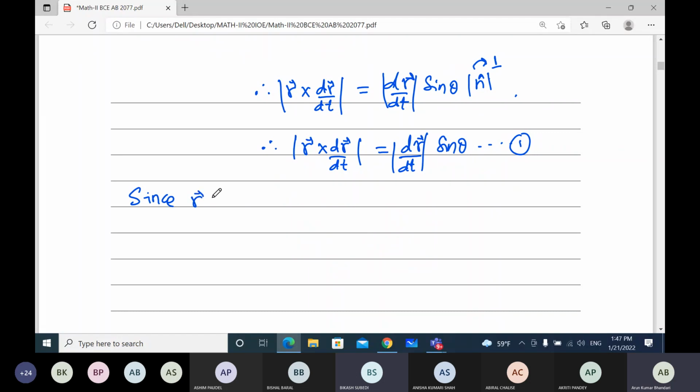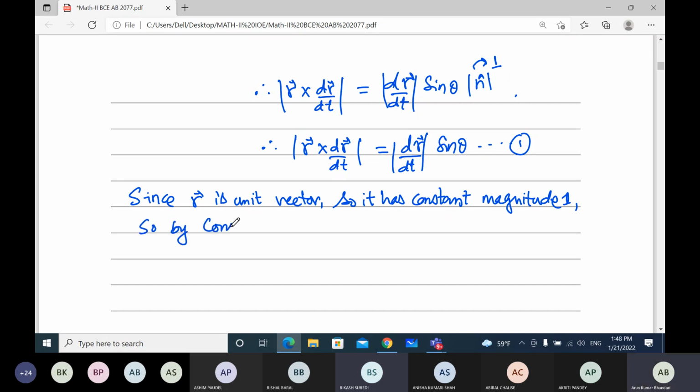Since r is a unit vector, it has constant magnitude. A constant unit vector has magnitude 1. So by the constant magnitude theorem,